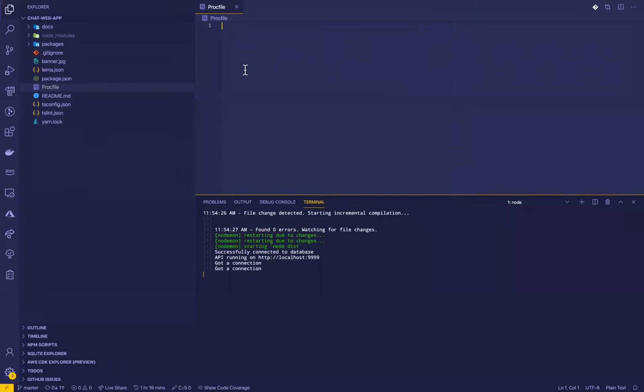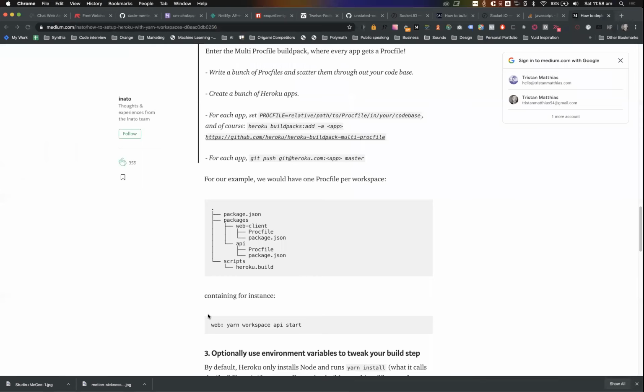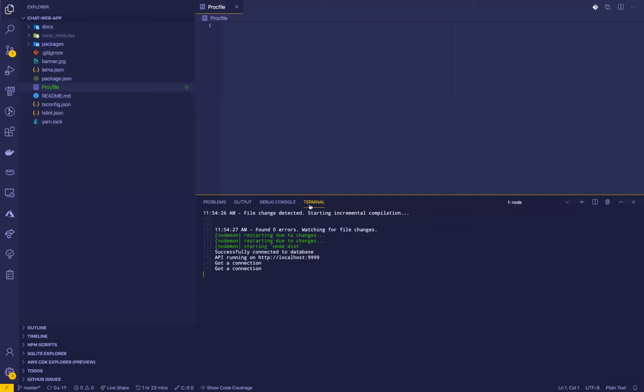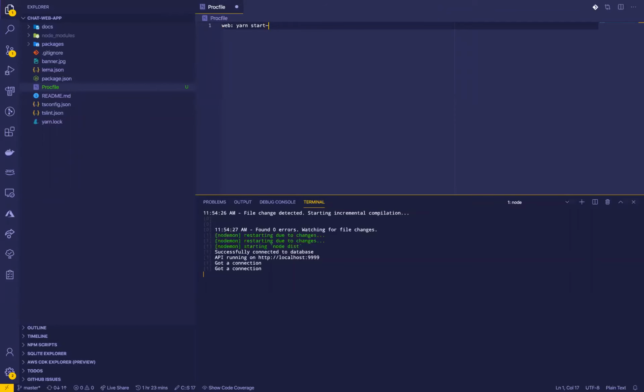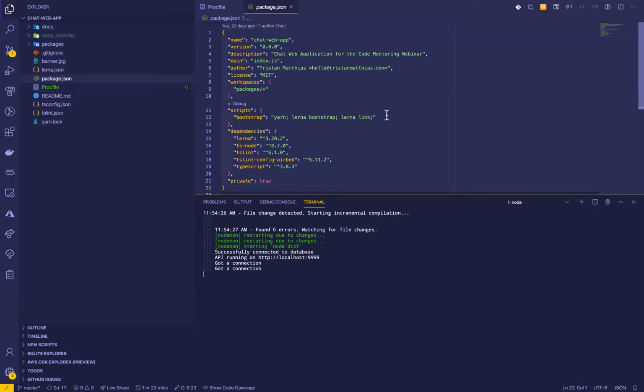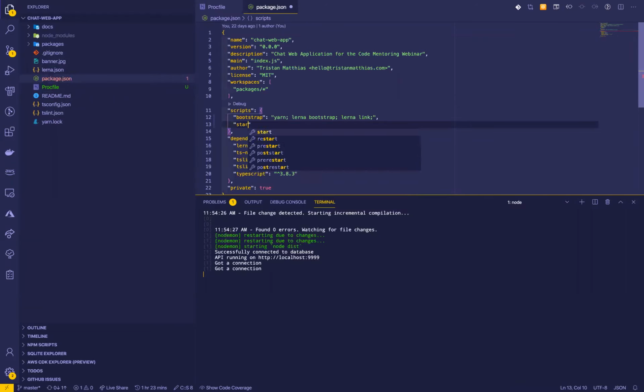Procfile is the name of it. And it's going to be a web process. So it goes web: and we're going to go yarn start-api. And then inside the root package.json that we've got here, we're going to add a script called